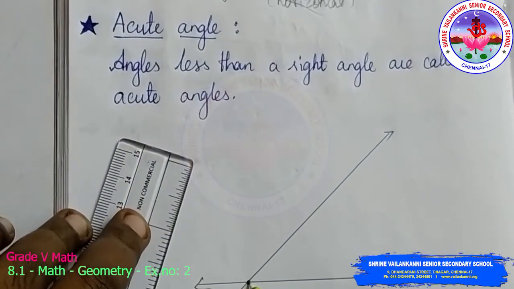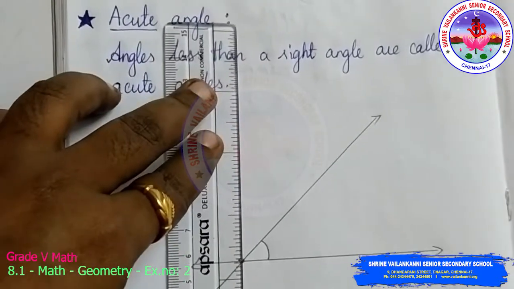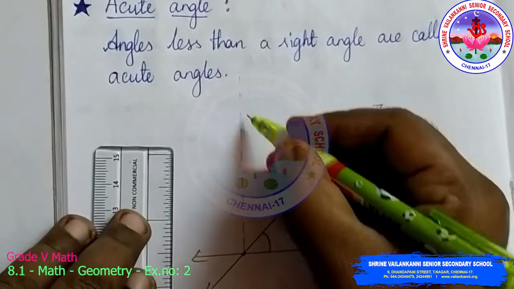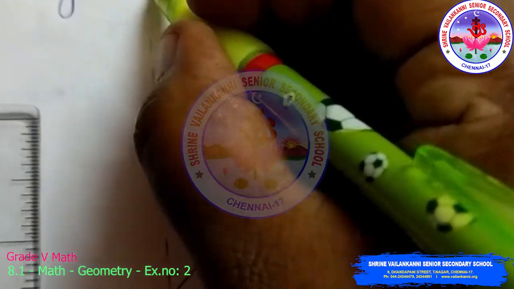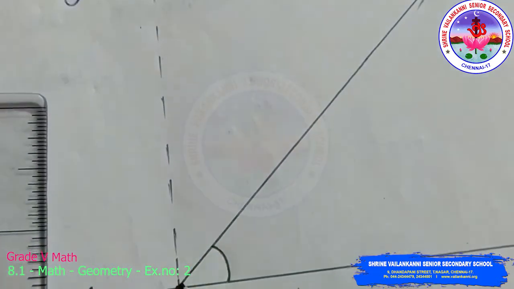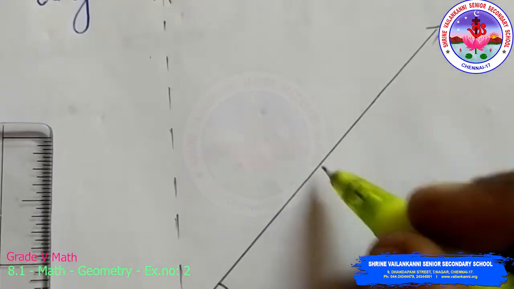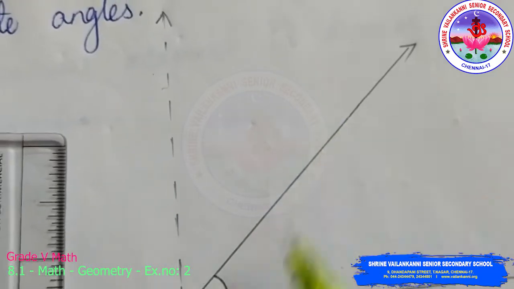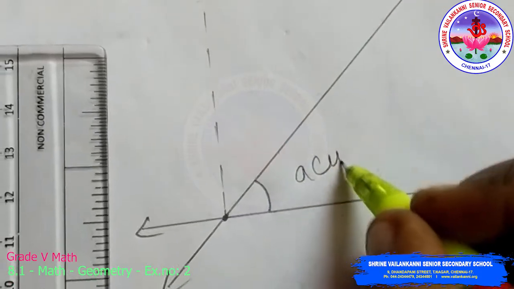So this is a meeting point. The angle which is formed here, see, if you see the straight line, the vertex line, I've just drawn a dotted line. This is a straight line which is the vertex standing line. From here to here it is 90 degrees, but the first and second arm, if you see, is lesser than the right angle. So the angle formed between these two rays is said to be an acute angle.